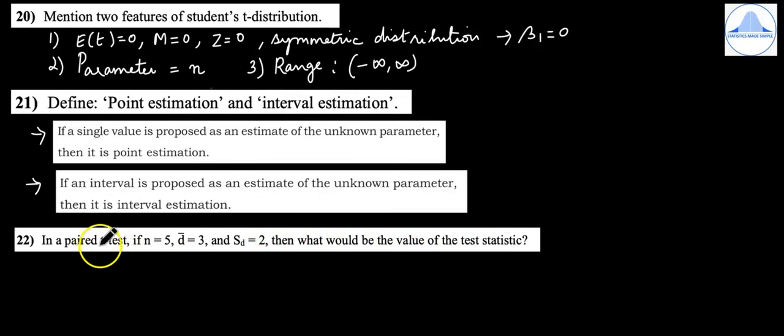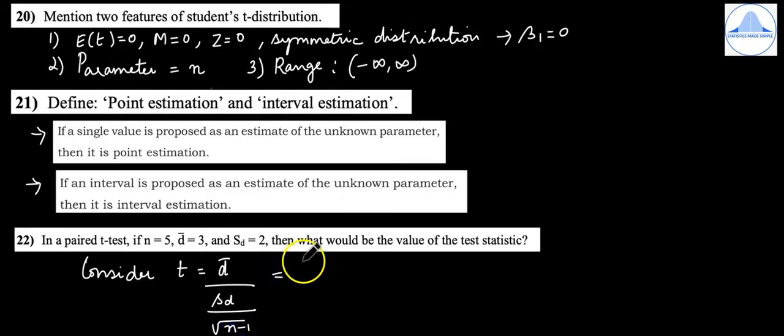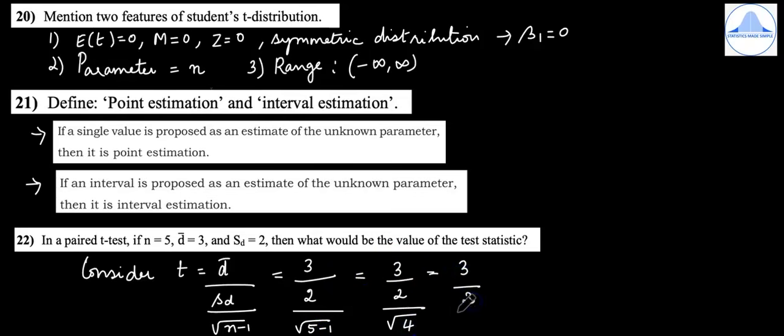22nd question. In a paired t-test, if n is equal to 5, d bar is equal to 3 and sd is equal to 2, then what would be the value of the test statistic? So the test statistic which is used for the paired t-test is given by t. Consider t is equal to d bar divided by sd by root of n minus 1. So substitute the values which are given. So it is 3 divided by 2 by root of 5 minus 1. So this is 3 divided by 2 divided by root of 4,